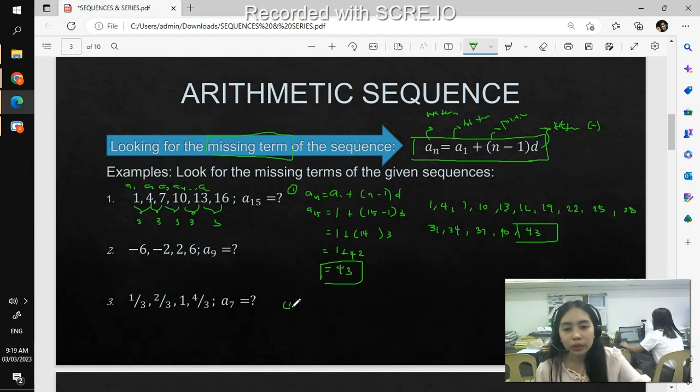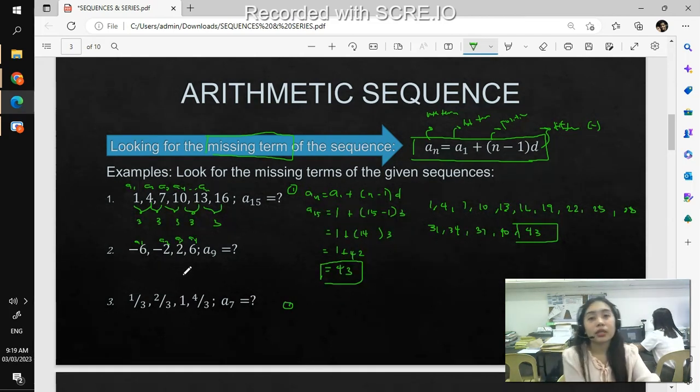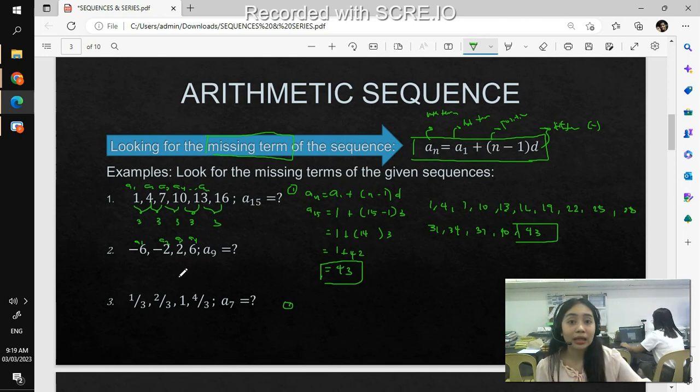Next, we'll solve number 2. So you have the sequence negative 6, negative 2, 2, and 6. Negative 6 is our first term. Negative 2 is our second term. Positive 2 is our third term. And we have here positive 6 as our fourth term. So let's get the difference. We have negative 2 minus negative 6. That gives us